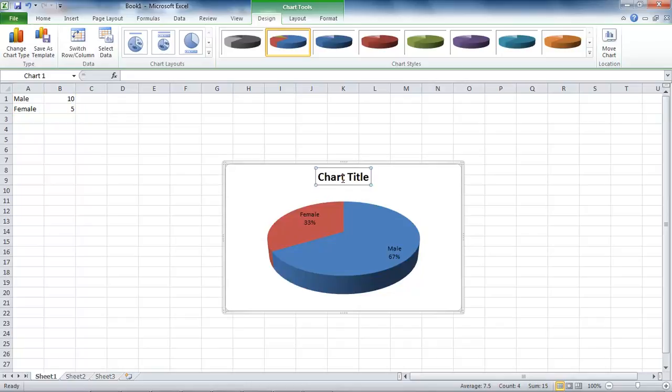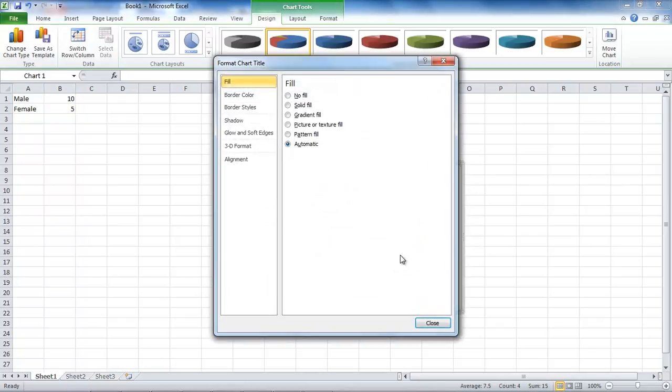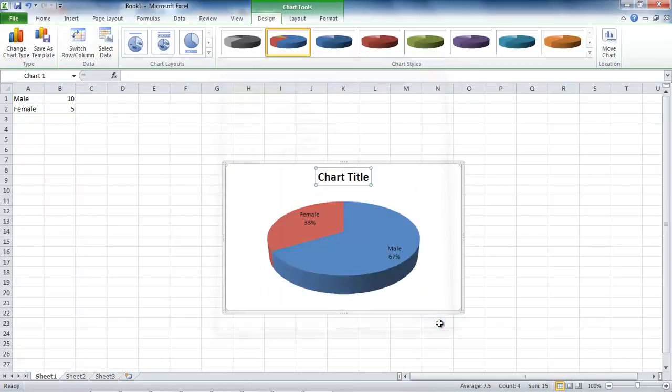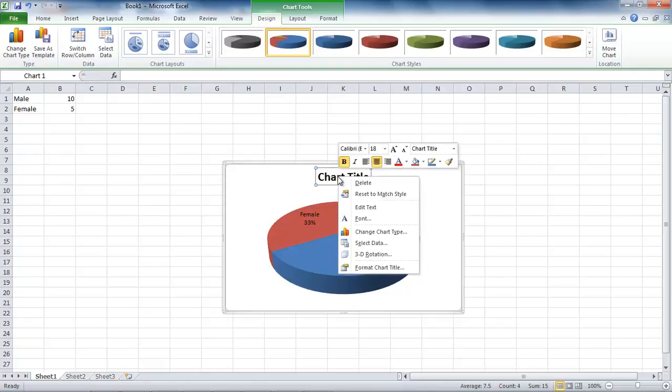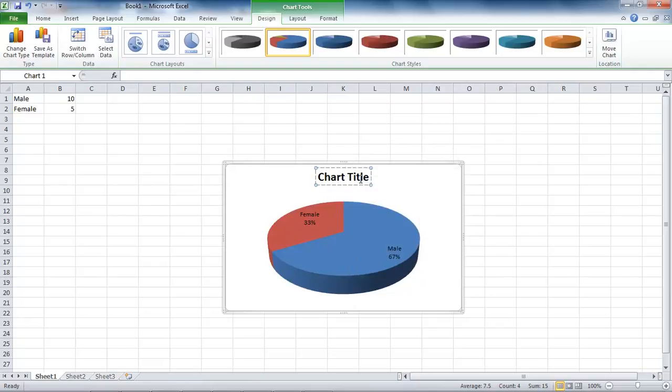Also, you'll need to add a chart title. So, sorry about that, I double clicked and I'm going to close this. Right click, actually just